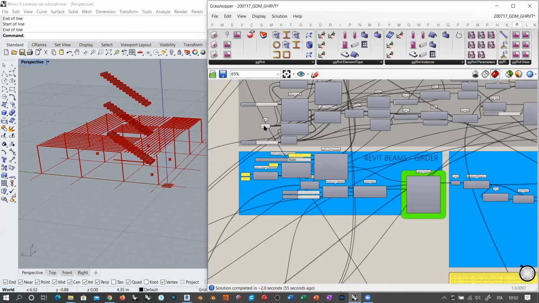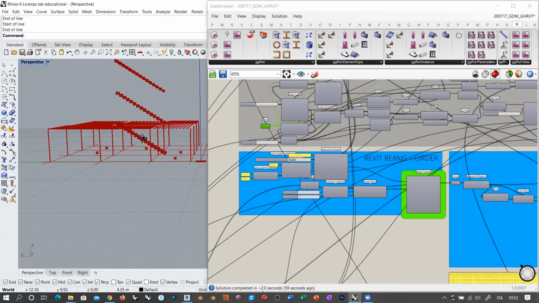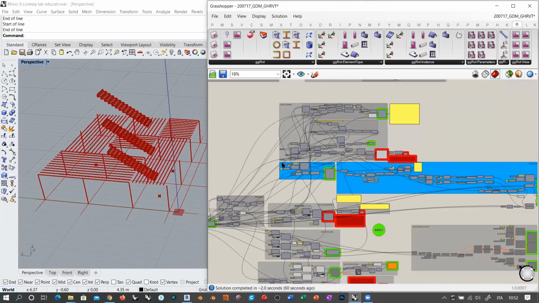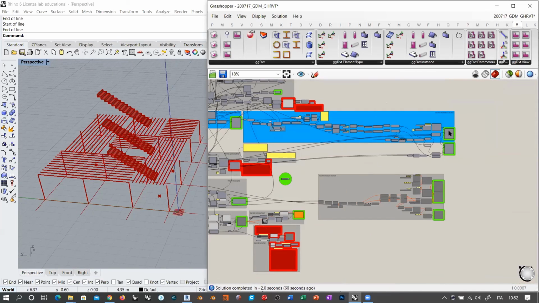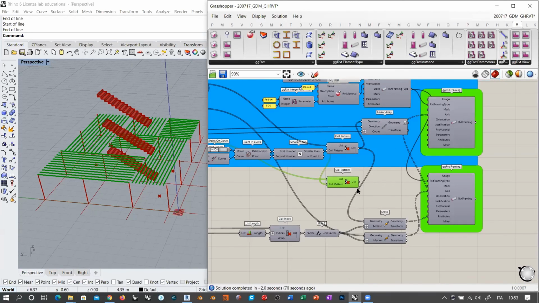I understand this is pure geometry, but somehow I also wanted to give you a quick glimpse of what it means to keep everything connected inside this kind of complex definition in order to prepare everything for Revit, by the way. And so we have these lines here, and we can convert them into